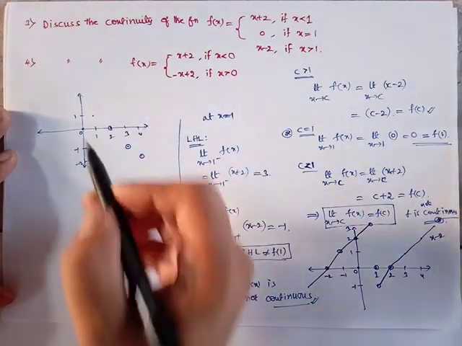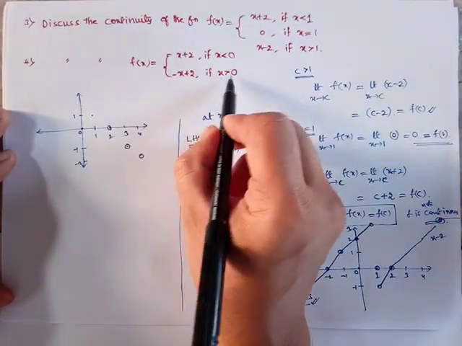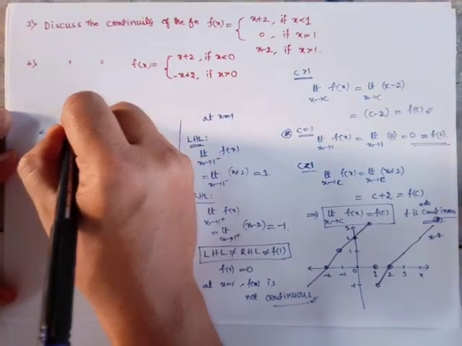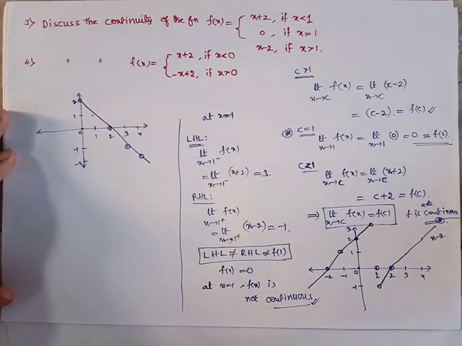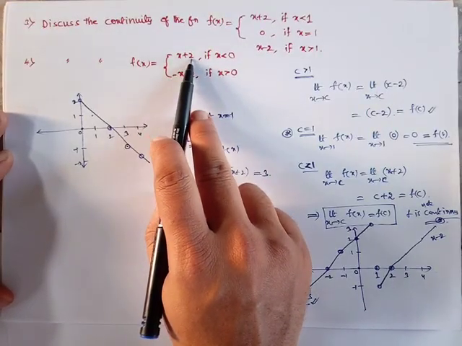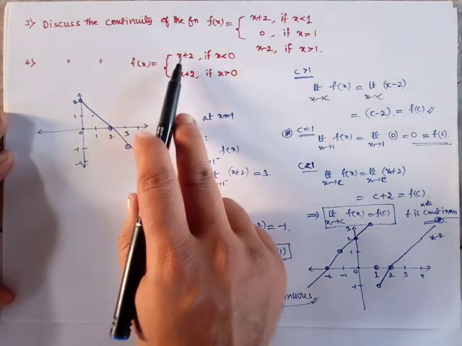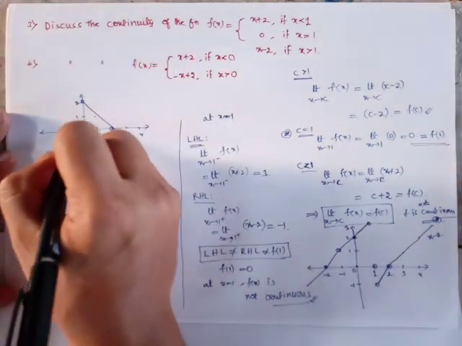Now all the points will take values nearer to 0. At x equals 0, 0 plus 2 is 2, so till 2 it will take, but 2 will not be taken, so this will be for x greater than 2. And coming to x less than 0, substitute x equals 0: 0 plus 2 is equals to 2 only, so at x equals 0 it is not defined, so don't take. And -1, -1 plus 2 is 1,